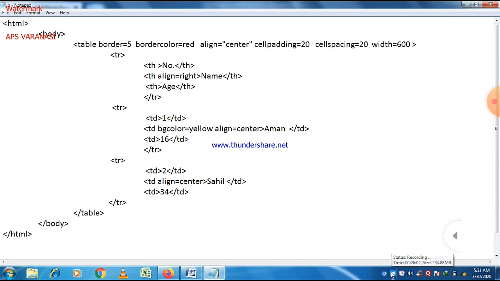And there is the align attribute also. If you want to set the alignment of the whole table, then you can give three different values: left align, center align, or right align. And it also works with data values of a table. It means it also works with td and th tag. And then the most important things are cellpadding and cellspacing. So cellpadding means space between the boundary of the cell and the content of the cell, and cellspacing means spacing between different cells. So we can provide the value for cellpadding and cellspacing as per our need.